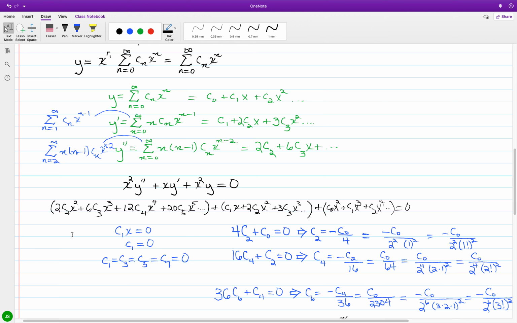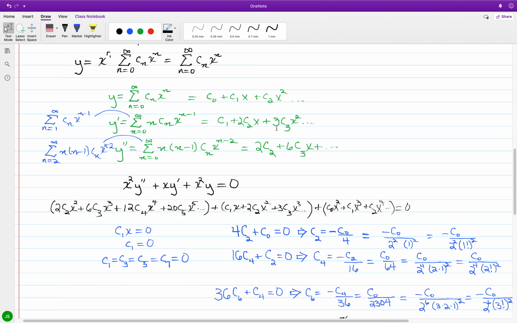Okay, so continuing with what we have for this particular differential equation, and again we have just taking terms from each of the series from y out to y double prime, so you have x squared y double prime plus xy prime plus x squared y, and so multiplying what we have in the second order derivative series terms by x squared, we have in the mix 2c2x squared, 6c3 x cubed, 12c4 x to the fourth, and you have